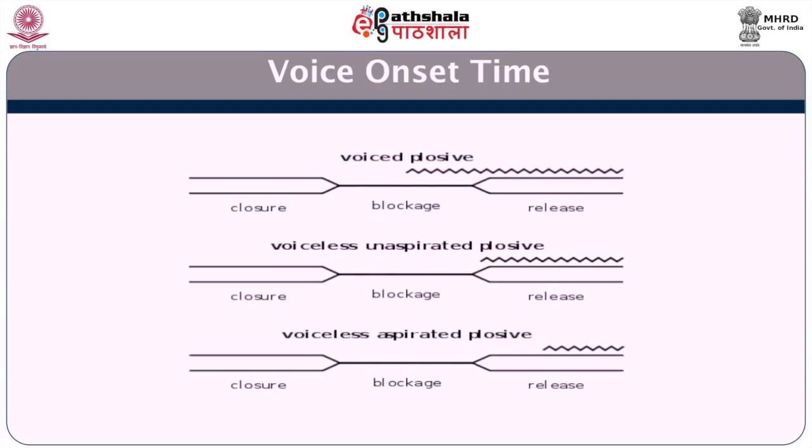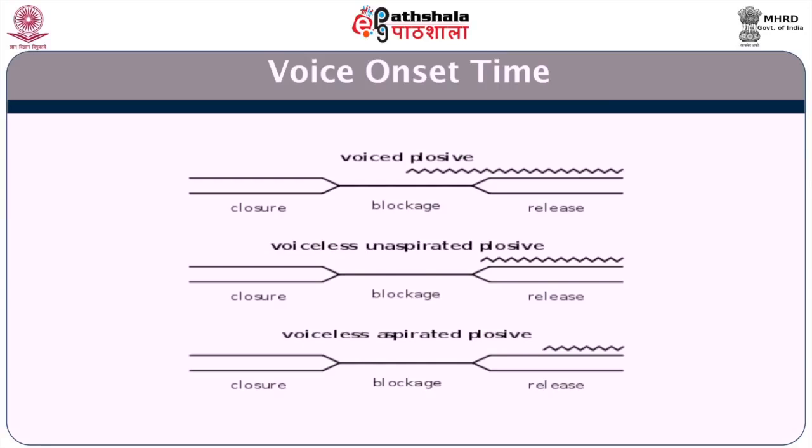The third diagram is voiceless aspirated plosives. That is the p, t, k, which is very important for English, as I pointed out to you. We don't do it, but English speaking people say p, t, k with an aspiration. That indicates that there is a lag. Even after the release, voicing hasn't started. So the time difference between the release of the articulators and the starting of voicing, that is vibration of the vocal cords, is what is known as voice onset time,